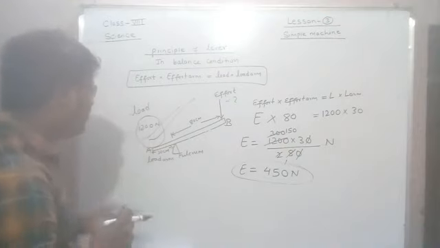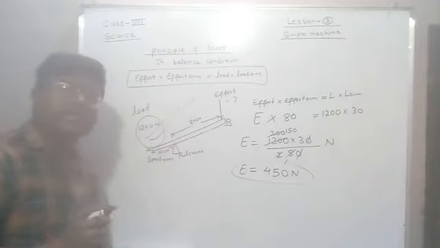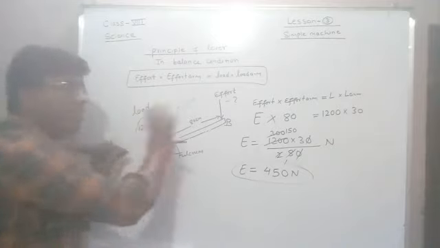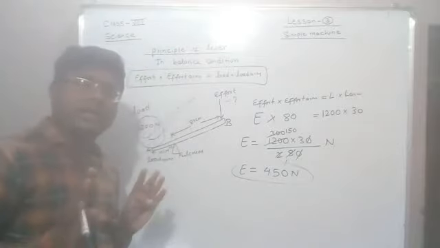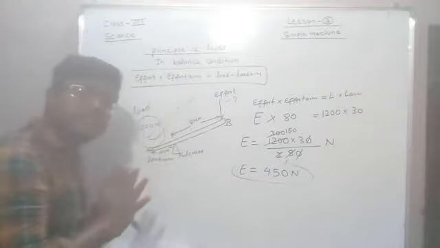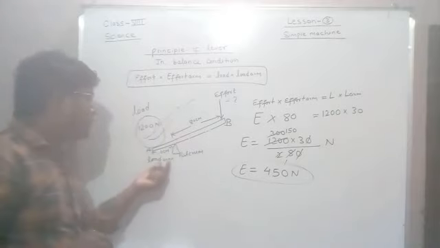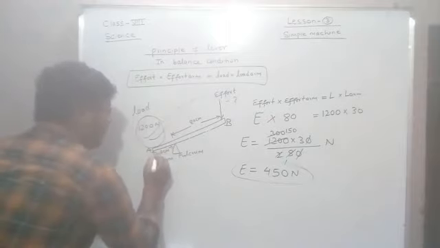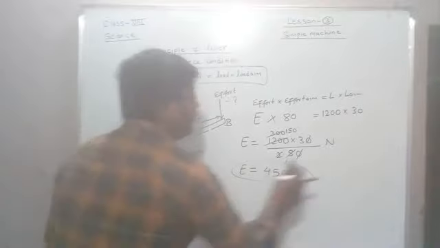So what we will do, we will just decrease. Here is your 30 centimeter. What I will do, I will make it 20. Other conditions are the same. Let's see what will happen here. I am going to make this load arm, that was 30 centimeter, now 20 centimeter. So now what will happen?